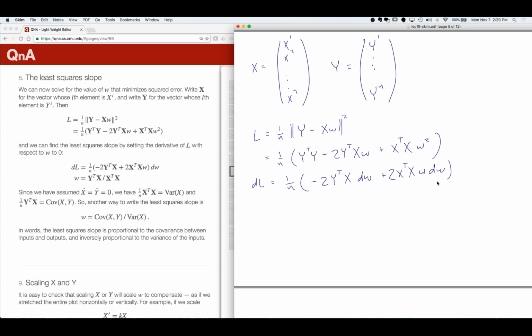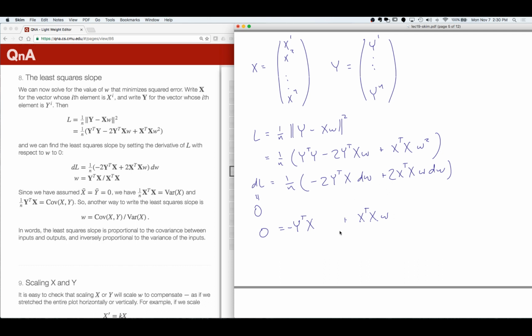And so if I collect terms, if I want to set this equal to 0, I get that 0 equals, I can just drop the factor 1 over n and the factor 2, so I get y transpose x dw with the minus sign plus x transpose x w dw, right? And I can drop the dw as well,